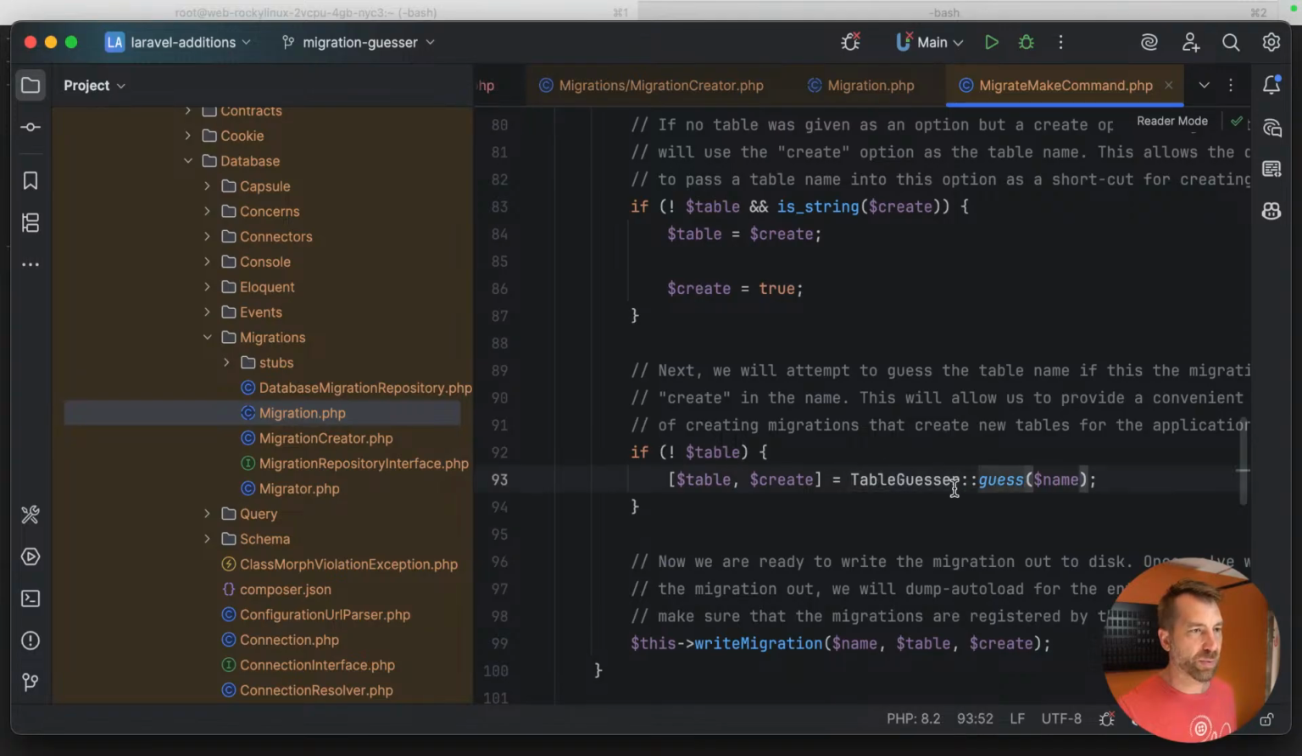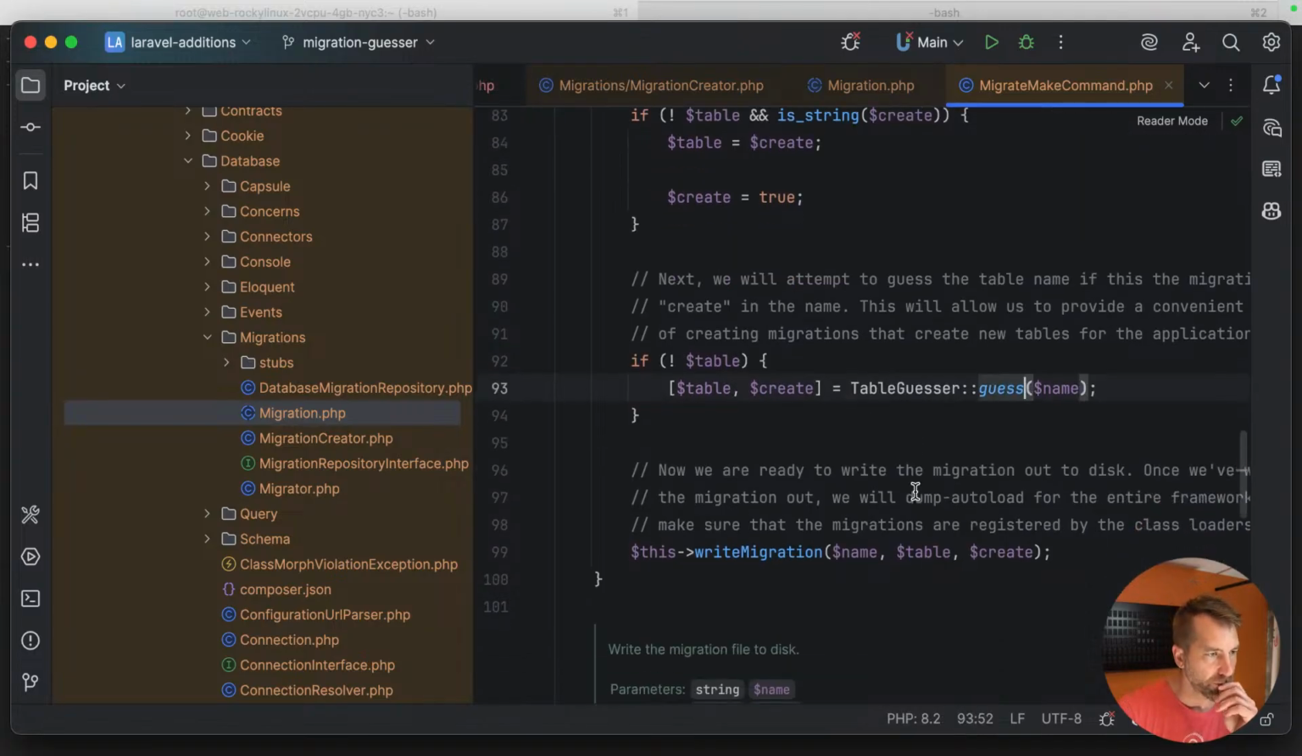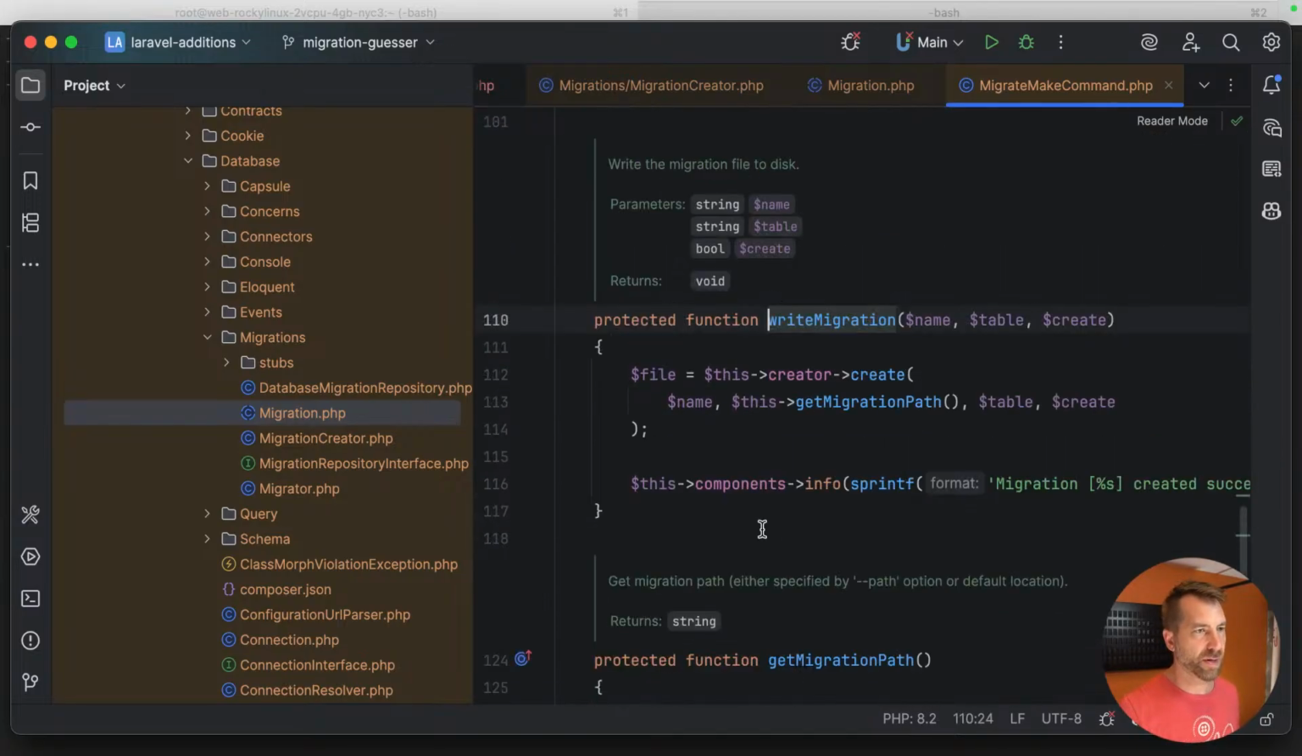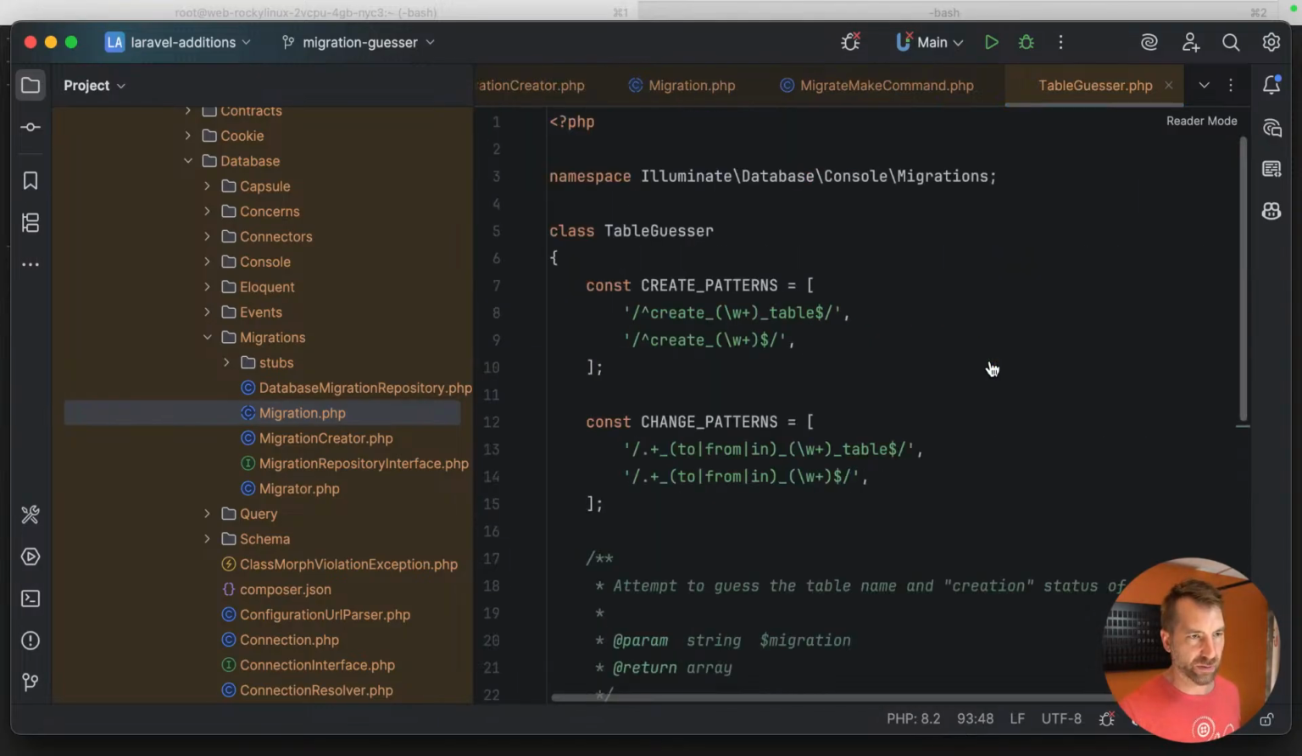So it calls table guesser, and then it calls this write migration, which calls creator create, that's us, and it gets the migration path, passes in the name, and table create. Now if we go back to this guesser,